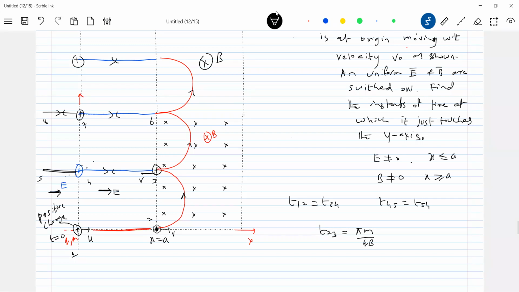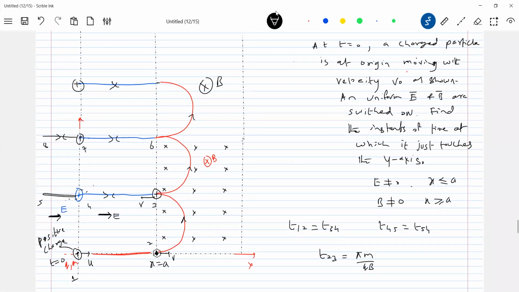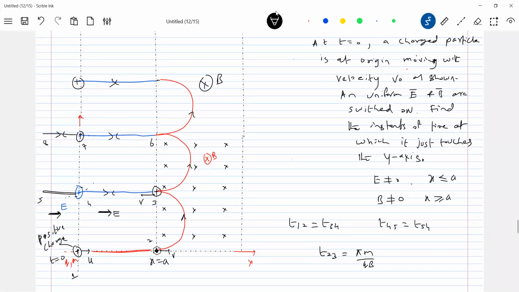Like that, as long as the field and B bar is there, it will keep moving. This is only ideal. Practically, such symmetry is not possible, because at the boundary the magnetic field will not suddenly become zero. On paper, just to attract students, we are bringing all these numericals here. In the lab, nobody does this, so a lot of problems will come. B bar is non-zero, suddenly becoming zero, I think that is not possible, no? It's very difficult to construct all such things. And on paper, all such numericals will be available.